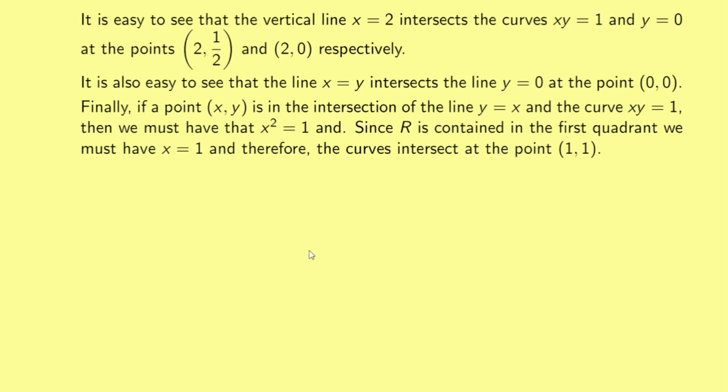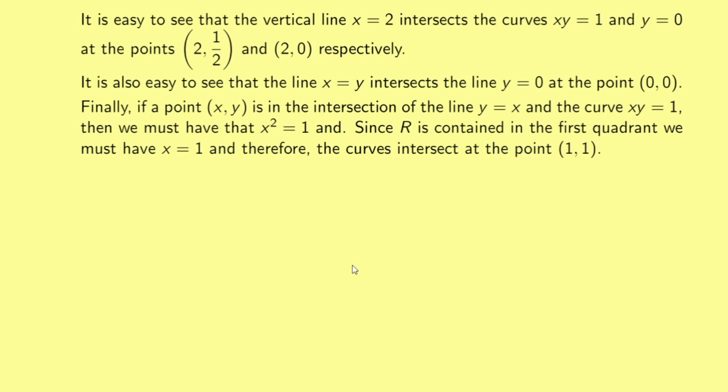Now for the last part, I want to see where the hyperbola xy equals 1 intersects the line y equals x. This is also easy. I take a point (x, y), and since it must be on the line y equals x, the point must be of the form (x, x). And since I need xy to equal 1, I need x squared equals 1. So this gives us that x must be either 1 or minus 1. But minus 1 is not a value useful to us,